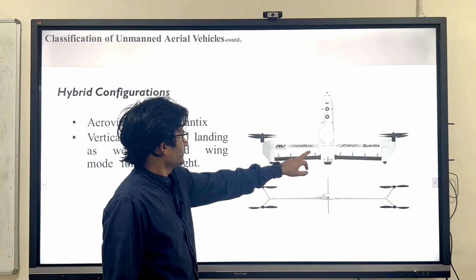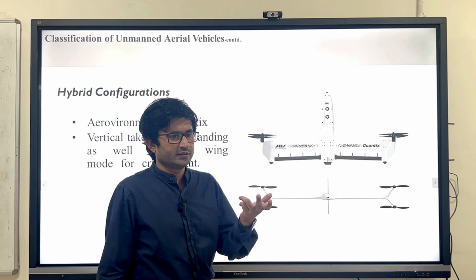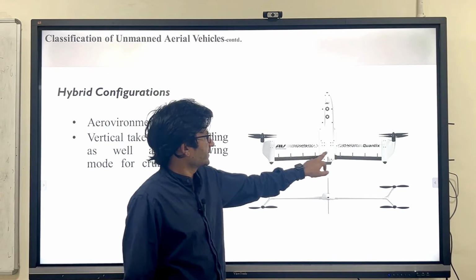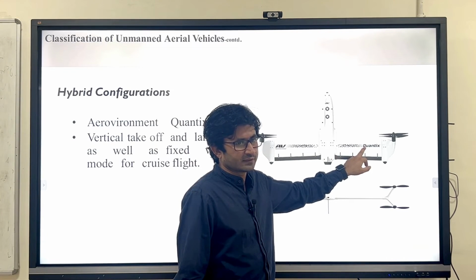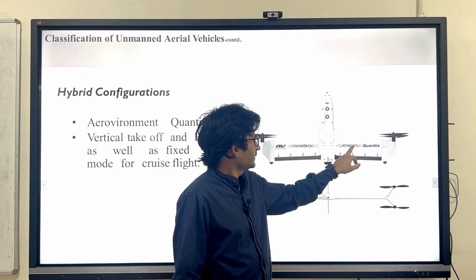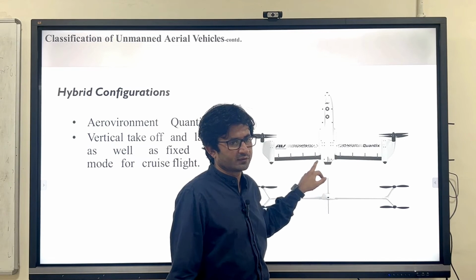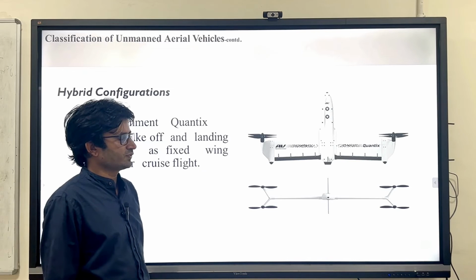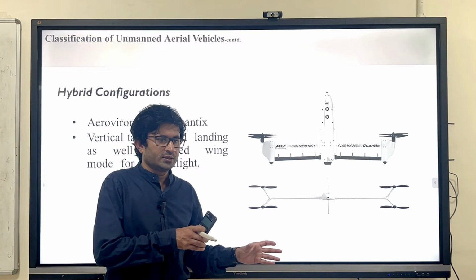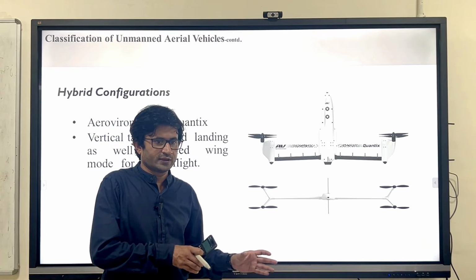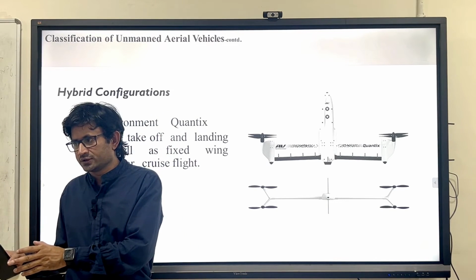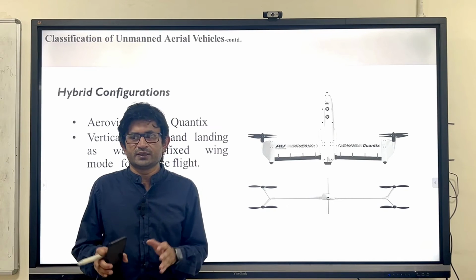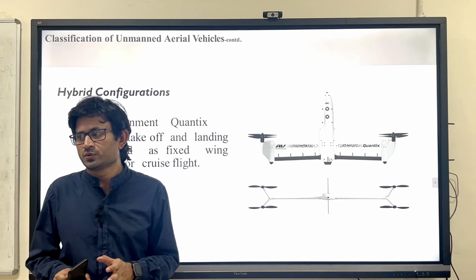So this rotor is used to lift the vehicle vertically and land the vehicle vertically, and this wing will act for forward flight. This will provide the lift in forward flight, okay, similar to the conventional aircraft. So basically the idea comes from both the helicopter and the fixed wing aircraft. Helicopter has its own advantages, and fixed wing has its own advantages. So the idea is to combine these two concepts and